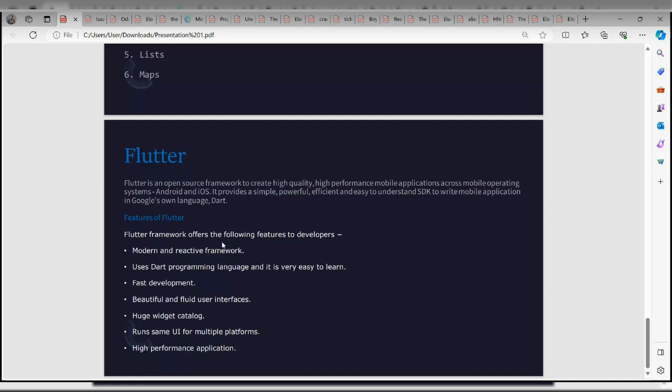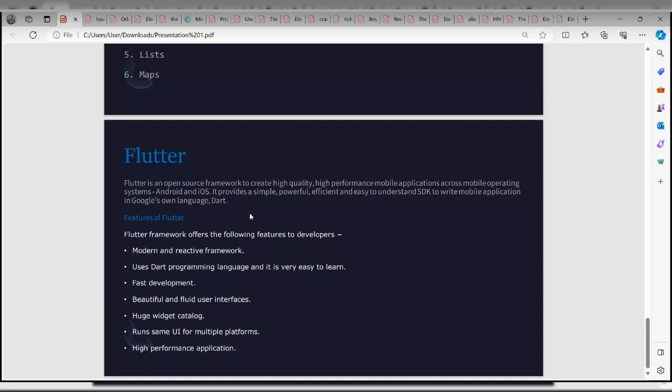So Flutter is an open source framework to create high quality, high performance mobile applications across mobile operating systems. We have Android and iOS. So Flutter can be used to build mobile applications for Android OS and iOS, the Apple operating system.